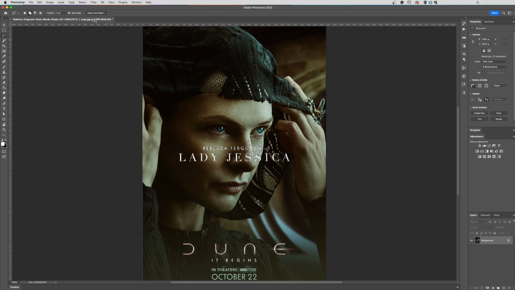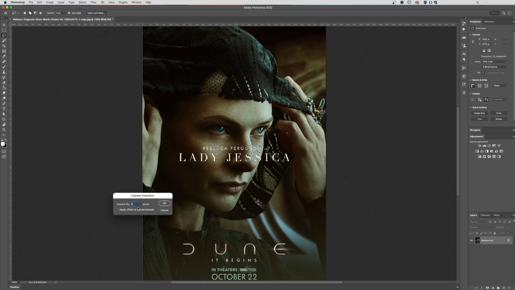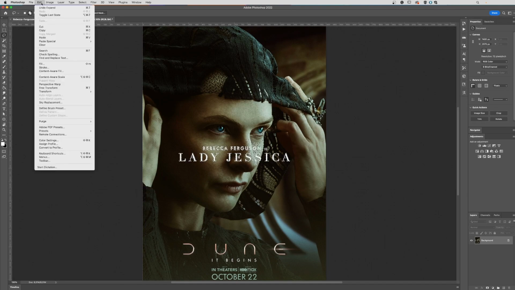So now let's go again to select, modify, and expand, and we can have 2 pixels so that the selection will not be directly close to the white. We will have some smooth around our text. So let's add 2 pixels, and now go to edit,